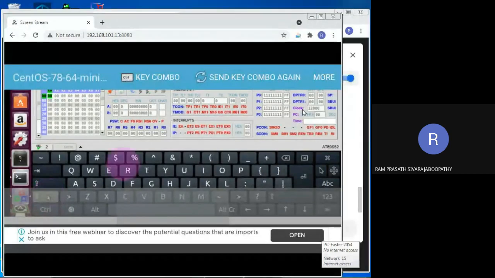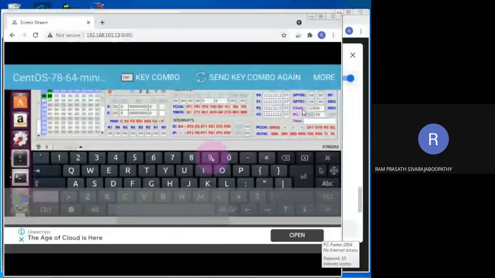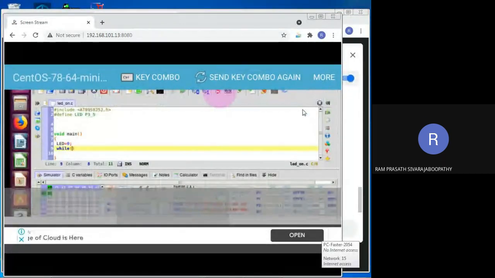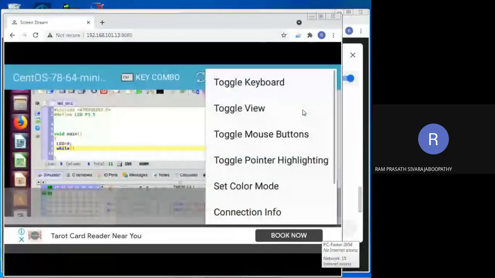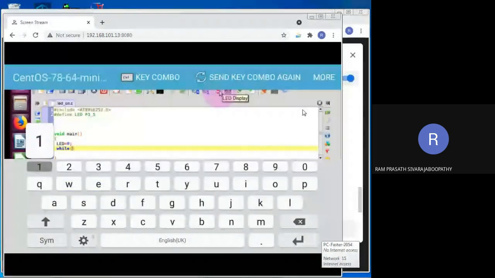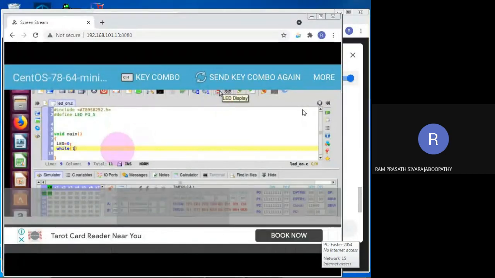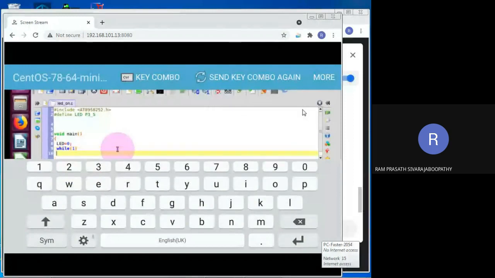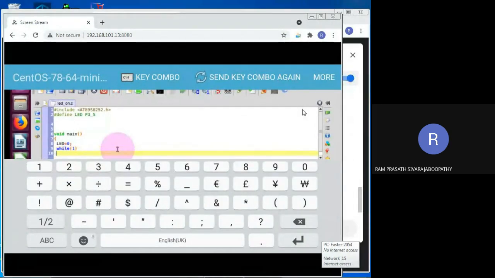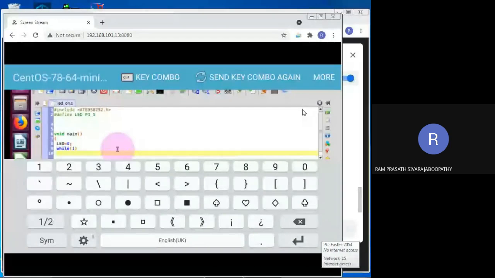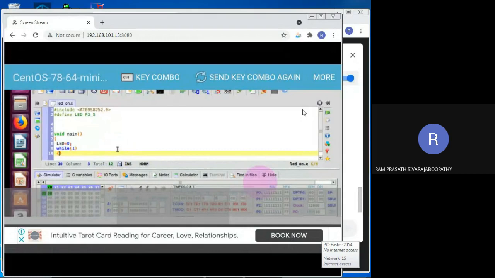See, due to some poor internet connection, it is loading very slow. Yes, now I have got it. Yes, here I am going to type while of 1. For writing a simple program, this much time we are taking due to these issues. Okay, if you people find any solution like this, you can share it with us so that we can tell your friends and they will make use of it. So this is the only solution we currently have. Okay. See, this is also for the benefit of the students who do not have a laptop.